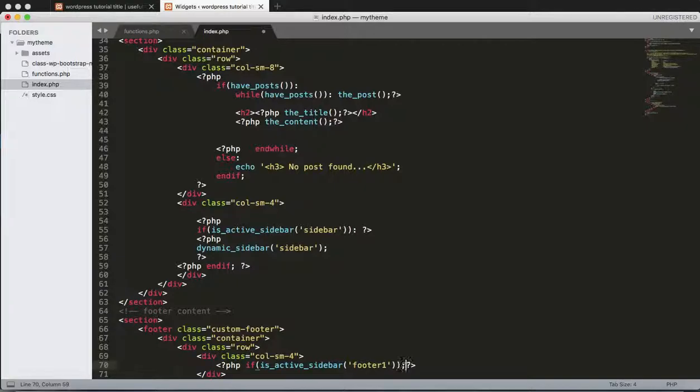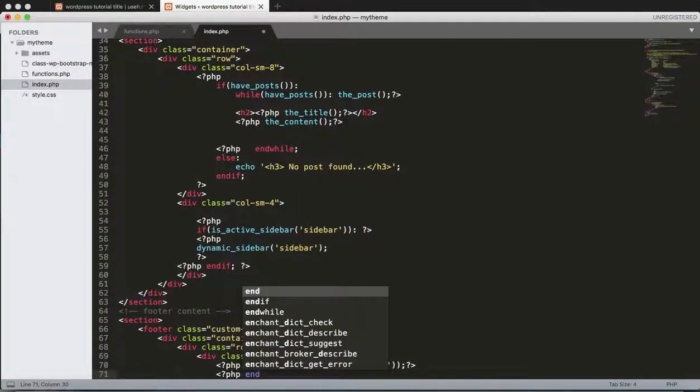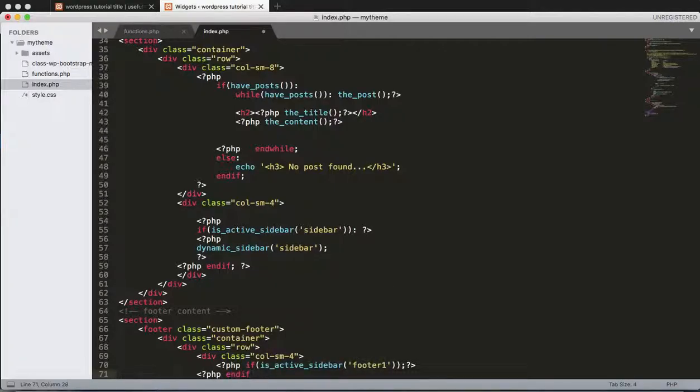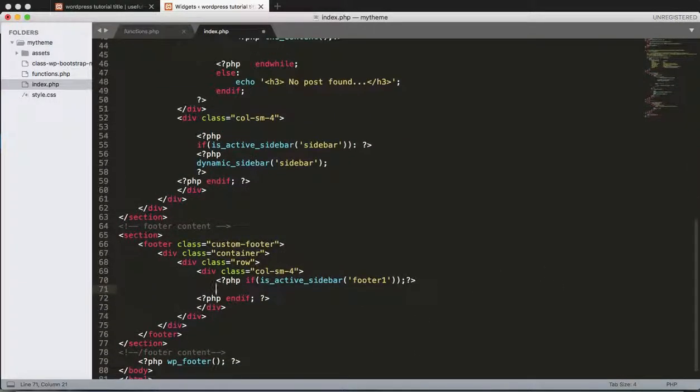If this one is active, then let's close the if statement, that means endif. And inside this if statement, if the sidebar is active, it means footer one is active, we are going to display the footer one content over here,